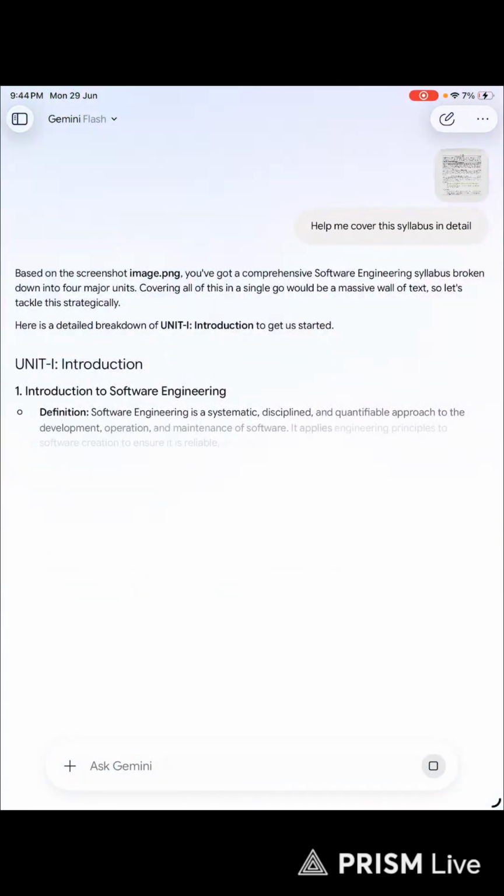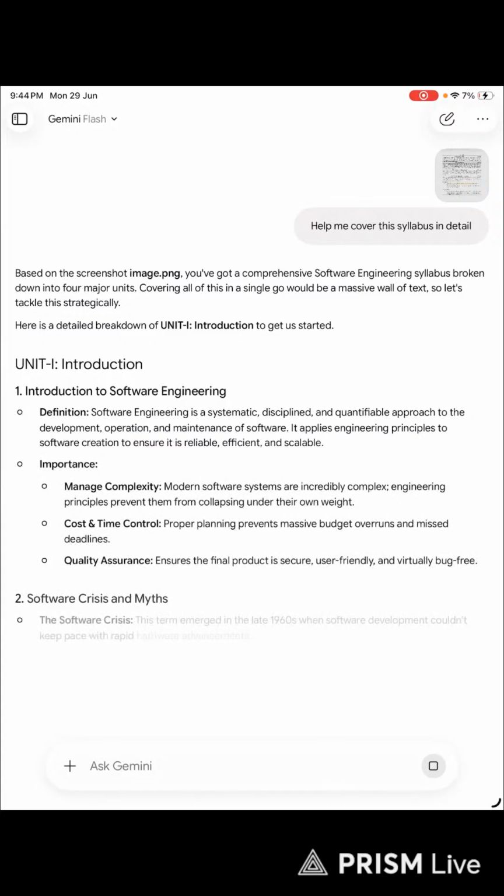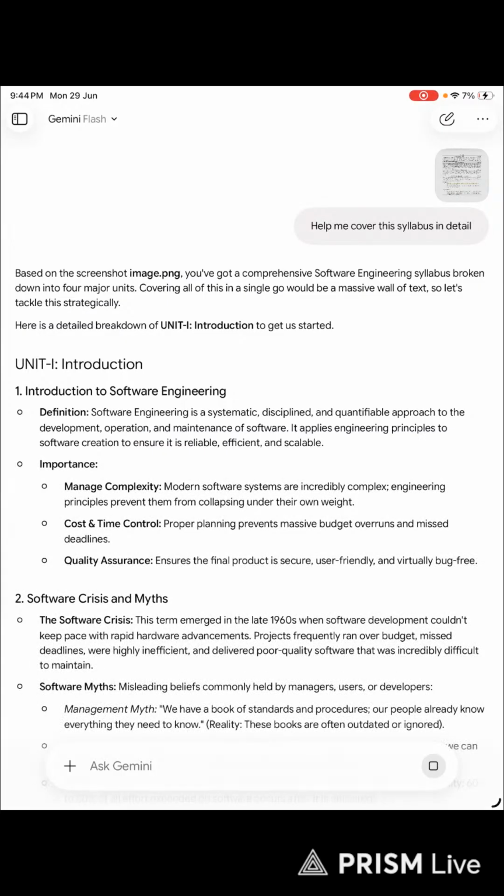Let's see. Okay, so we've got definition. Software engineering is a